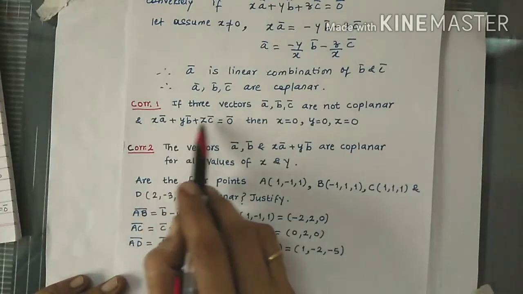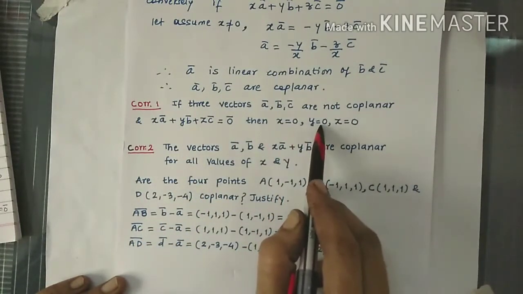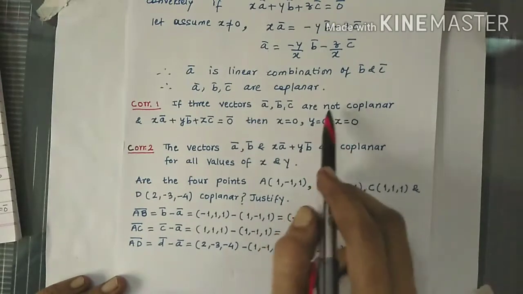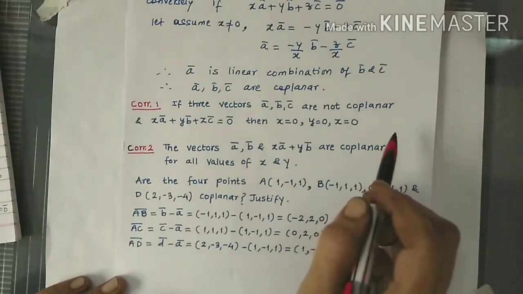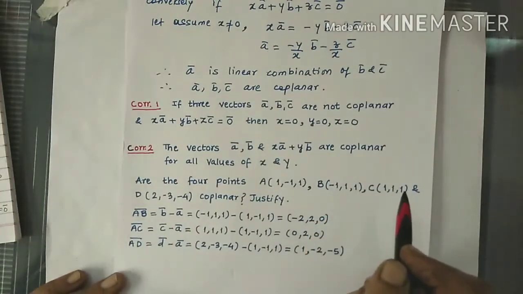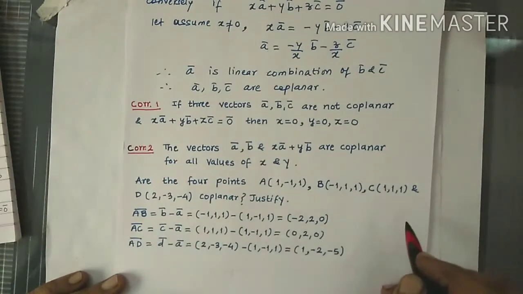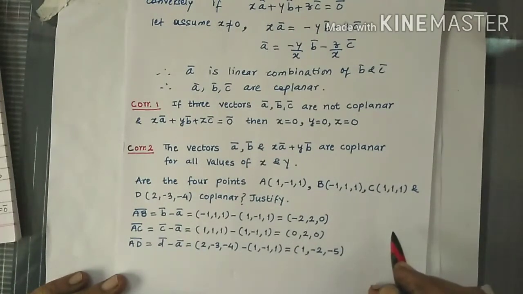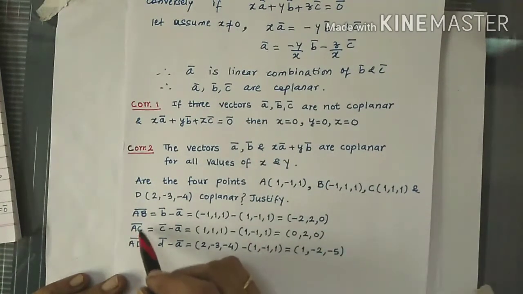And if we write like this and solve, if we get x equal to 0, y equal to 0, z equal to 0, then AB bar, AC bar and AD bar will not be coplanar. So the points will not be coplanar. Now here we have taken AB bar, AC bar, AD bar. We have taken one common point in all the three vectors. So first of all, we have converted 4 points into 3 vectors, AB bar, AC bar, AD bar,